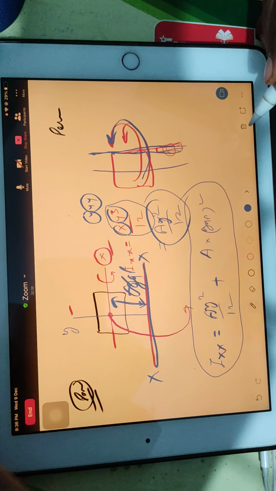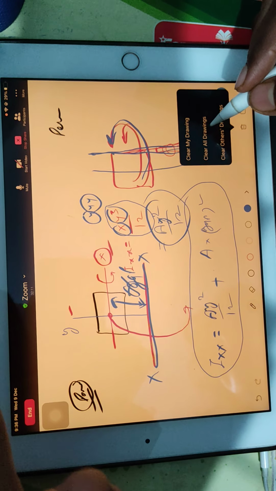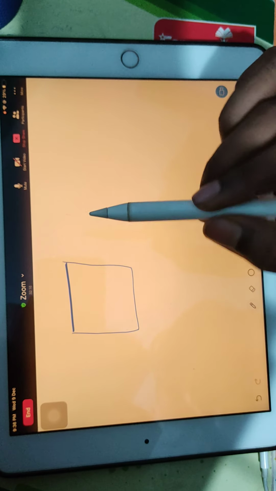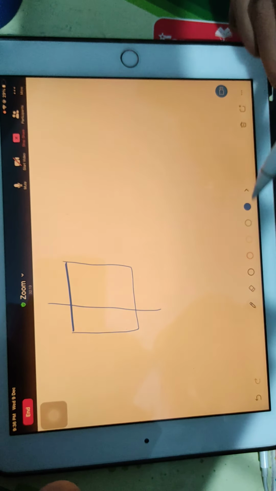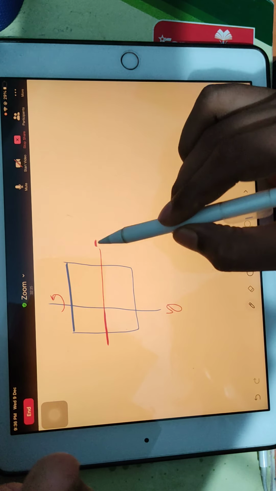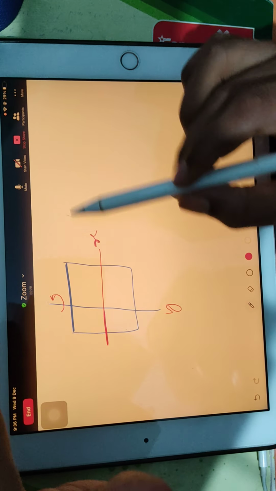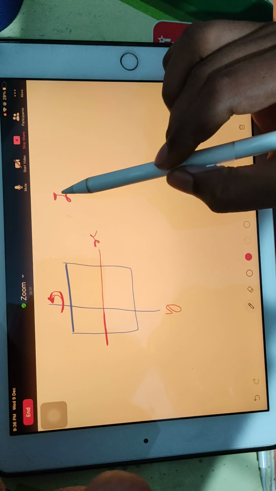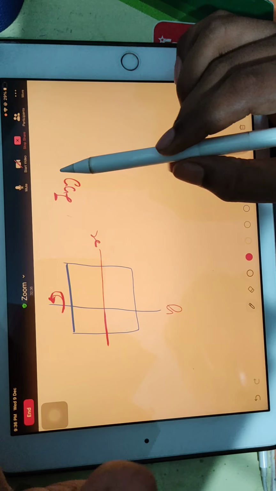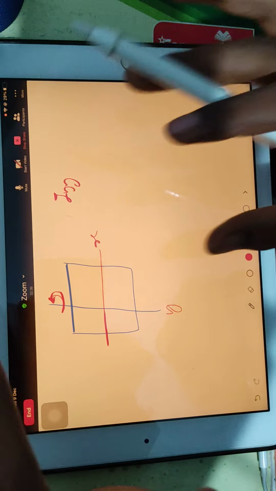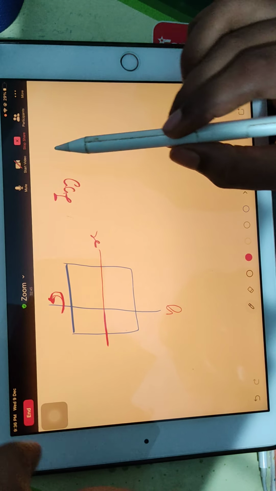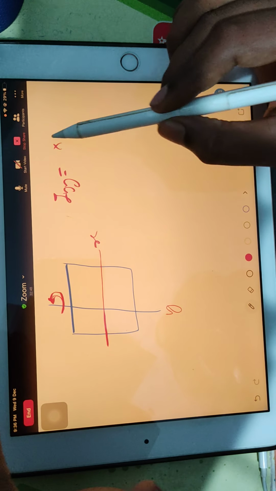Did you understand? Exactly clear? Okay, now see, if you have any rectangle and that rectangle wants to rotate about this axis, I am saying this as y-axis and this as x-axis. I am rotating about the y-axis, then I y will come into the picture, because moment of inertia about the y-axis means the body will try to stop the rotation about the y-axis. That is the meaning of inertia about the y-axis. Now next, x y by 12.